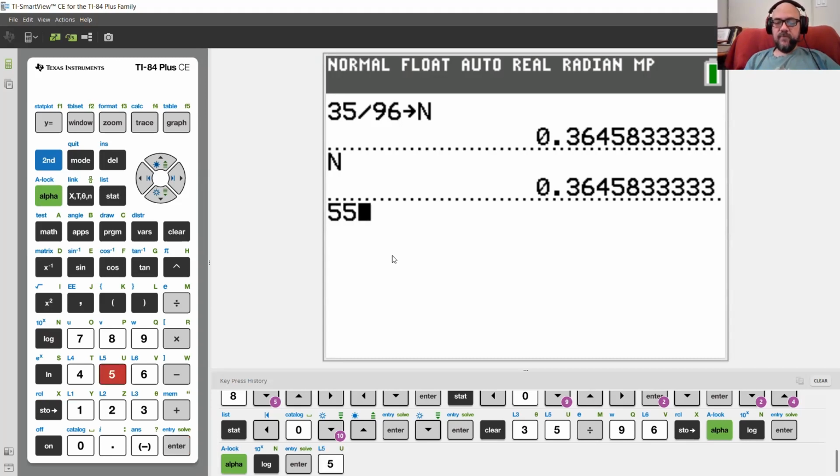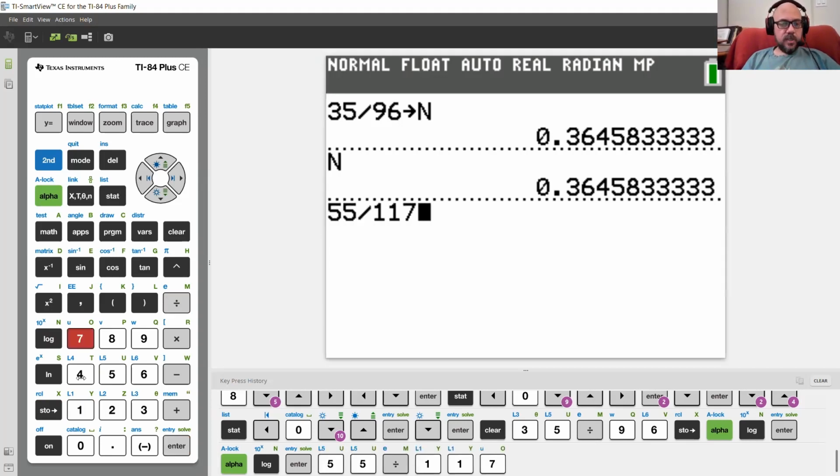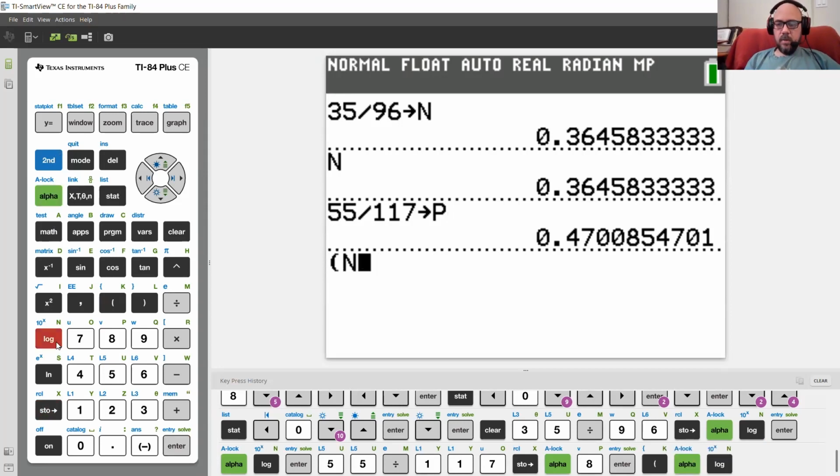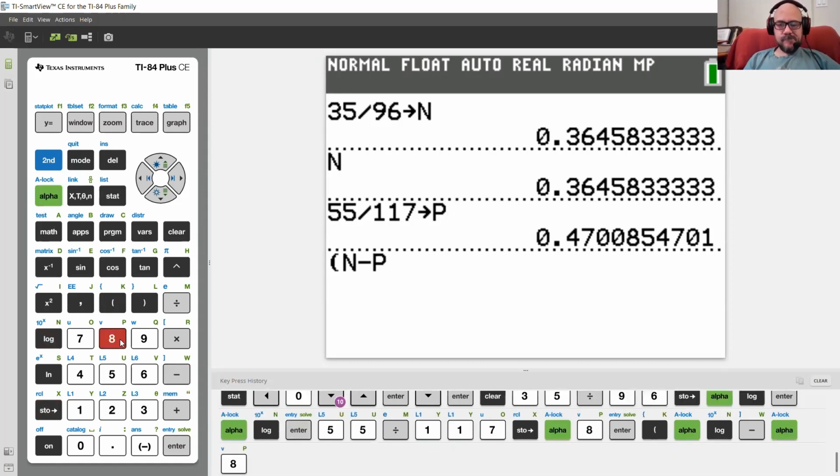The other one, we're going to have 55 over 117. I'm going to store that into P for pet owners. So that's alpha P. The things that I'm going to do in the formula, I'm just going to have N's and P's, right? And we're going to do non-pet owners minus pet owners. So I'm going to start with parentheses, non-pet owner N minus P, minus,